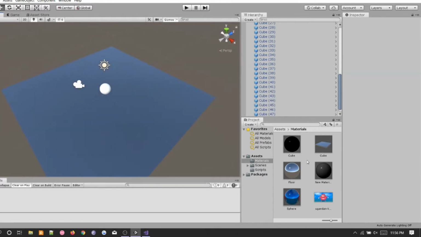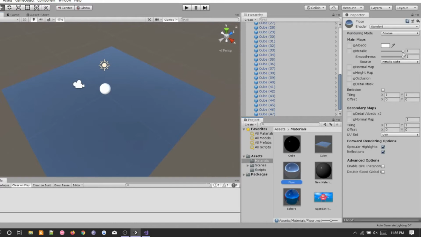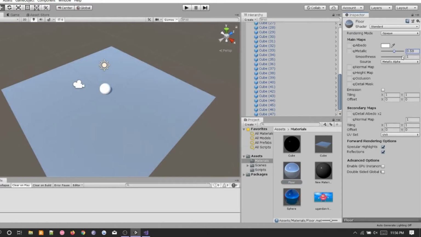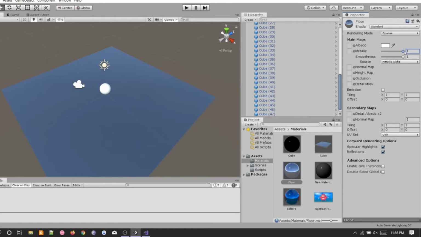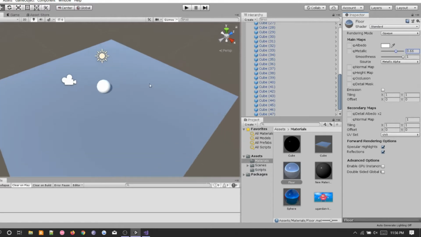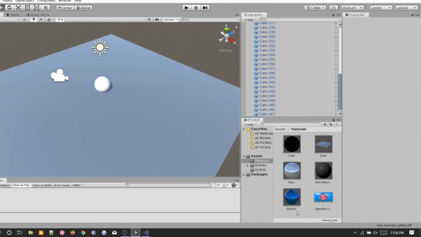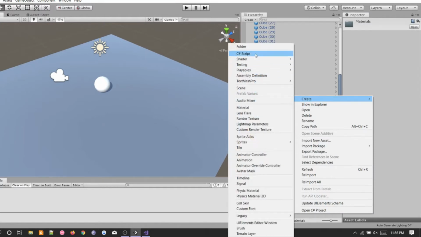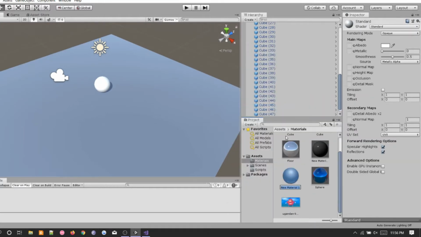Okay, now here's the cool thing about prefabs. If I change a property here, it changes all of the prefabs at the same time. So that's pretty cool. Let's also give the ball material. So again, create new material, applied ball,